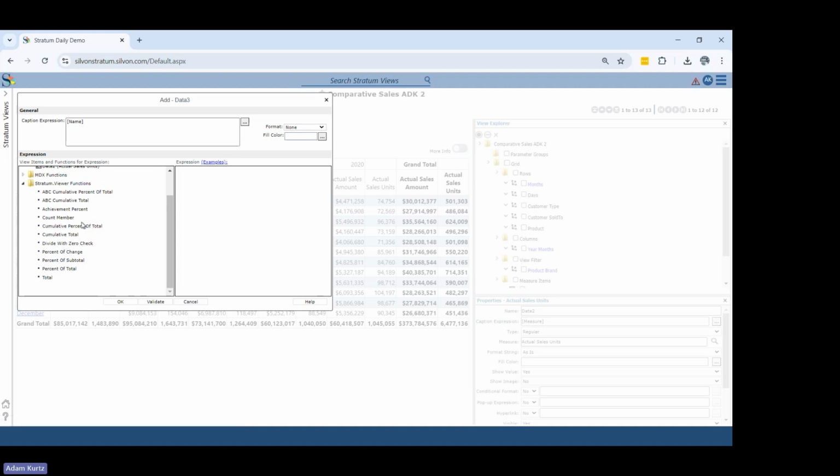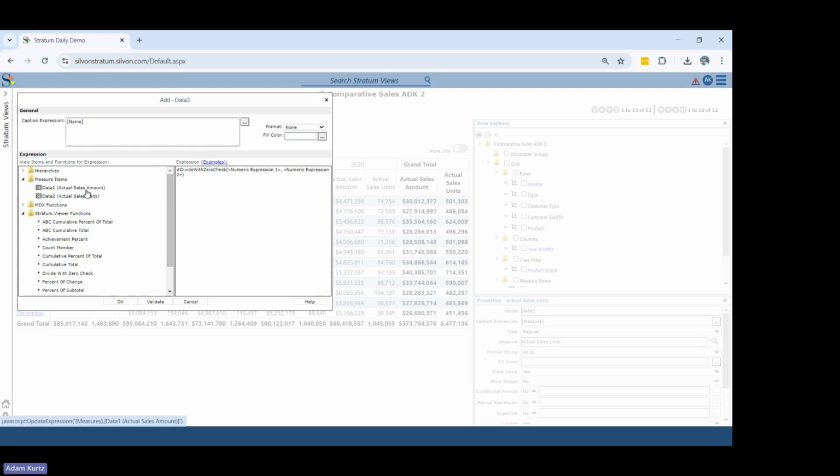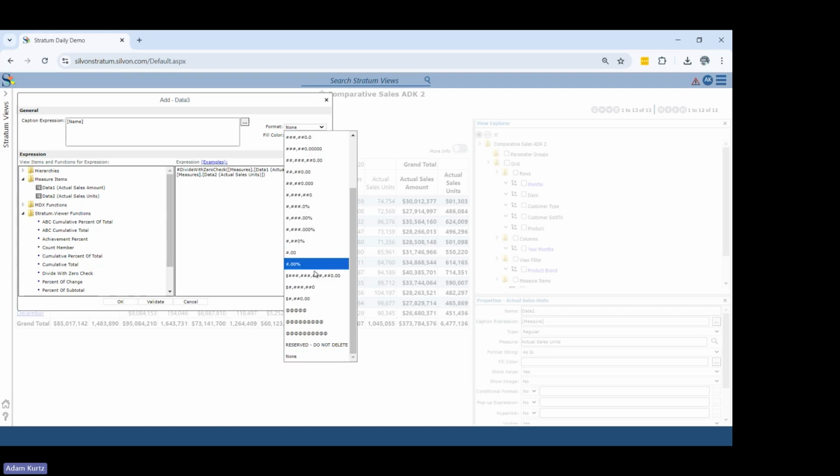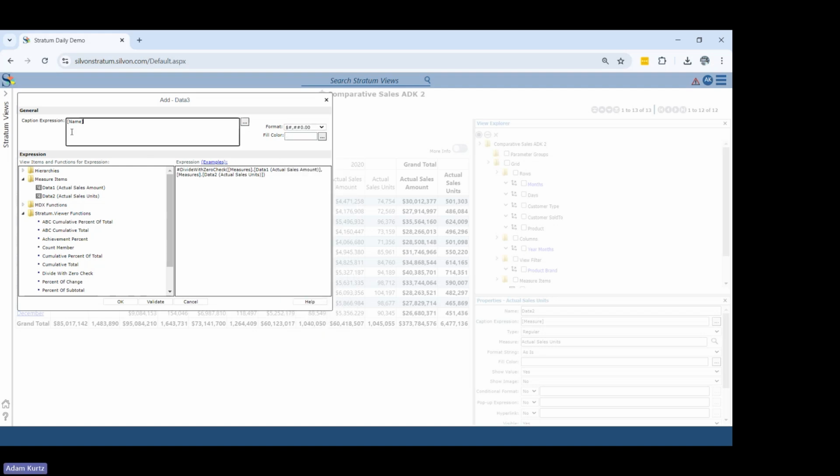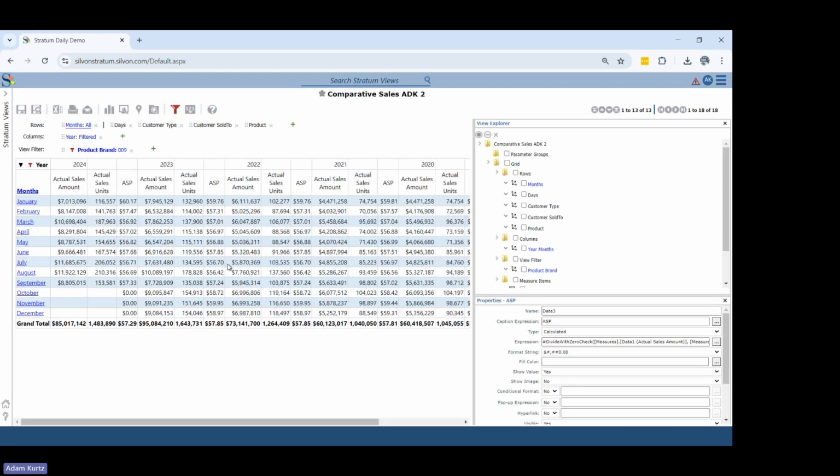a divide by zero in case some of those are zero. You can then pick your numerator, your denominator, format it for money, give it a name, and bring in your calculations here. Here's my average sell price. That's obviously drillable